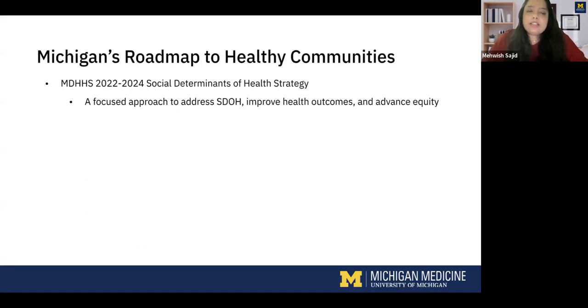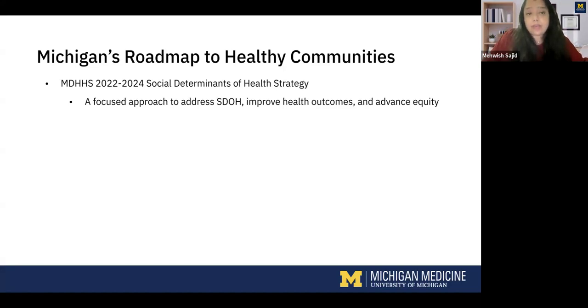And they should definitely be addressed. So Michigan, as a state, came up with ways to address social determinants of health. The Michigan Department of Health and Human Services came out with their 2022-2024 social determinants of health strategy, and they called it Michigan's Roadmap to Healthy Communities. Essentially, this is a focused approach to help providers address social determinants of health and ultimately improve health outcomes